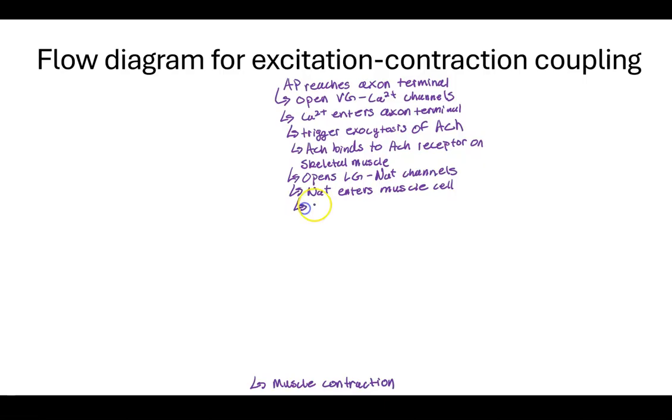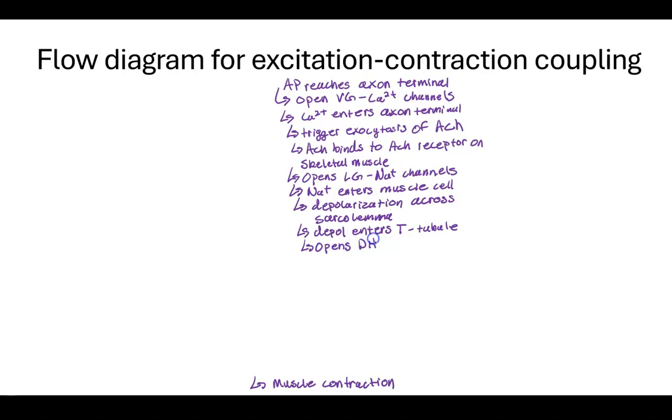Okay, this sodium entering the muscle cell causes a depolarization across the sarcolemma. Remember, sarcolemma is just the cell membrane of skeletal muscle. That depolarization will eventually enter the T-tubule. So depolarization enters the T-tubule, or travels right across the T-tubule membrane, and this opens